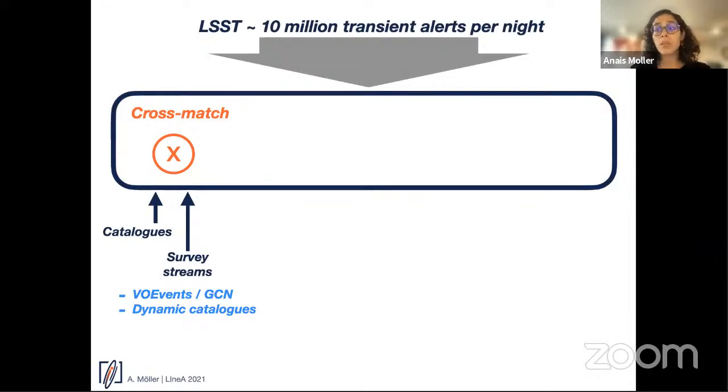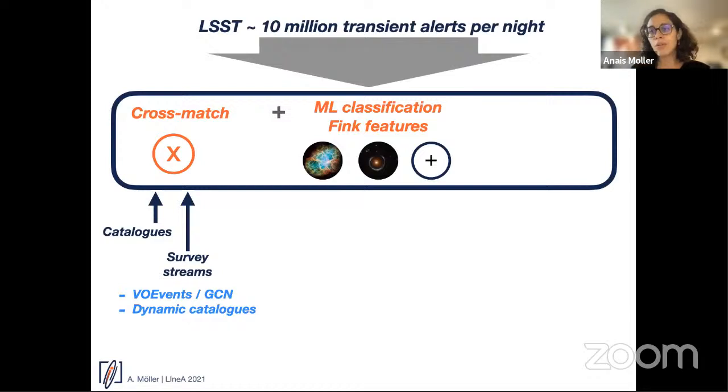Then what we do with these alerts, there is no selection here, it's just adding value to the alert, is that we produce what we call Fink features, which is basically computing things like rates, like magnitude increase rates or color if you have it. So that gives you an idea, a little bit of a quantitative way of selecting transients.